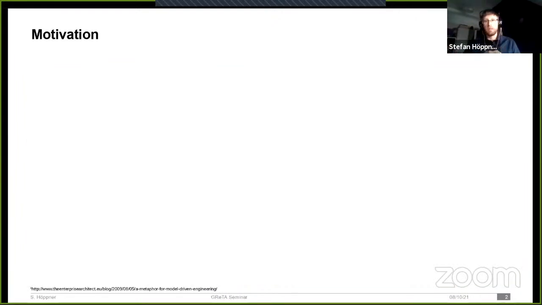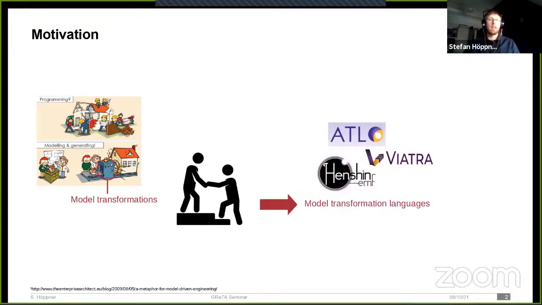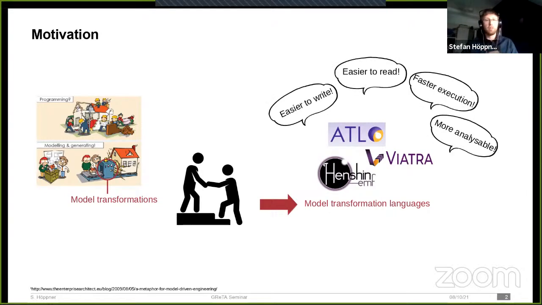Before we go into the actual research, just some basic background. Within model-driven software engineering, model transformations play an essential part within this framework, and model transformation languages have been introduced to help develop those model transformations. And the specificity of these languages intuitively makes them better for defining model transformations than doing the same thing in general purpose languages. This intuition is also reflected in literature with many claims.